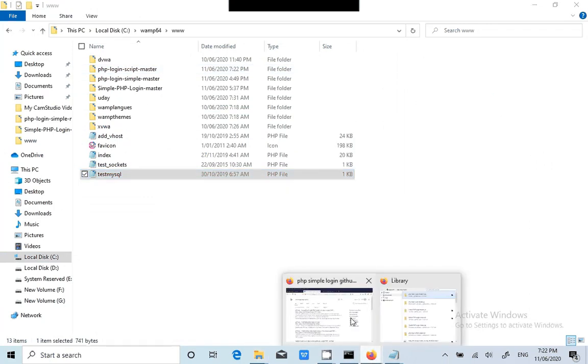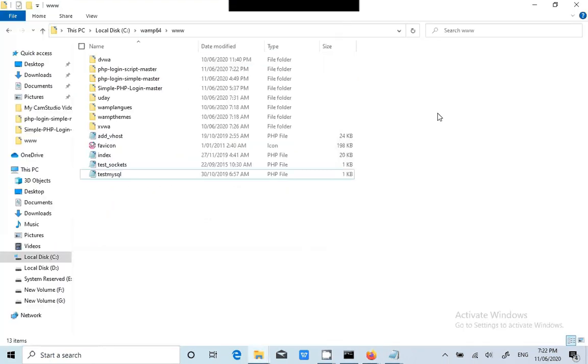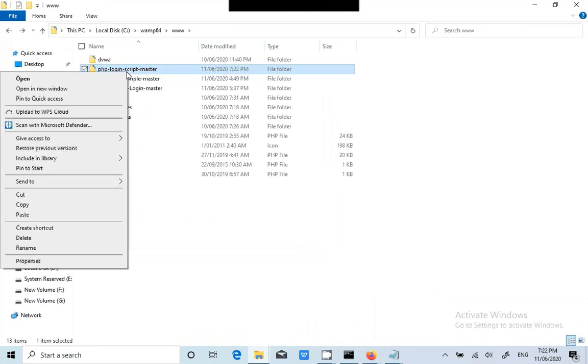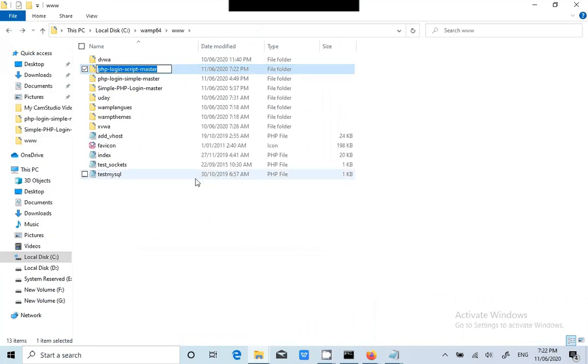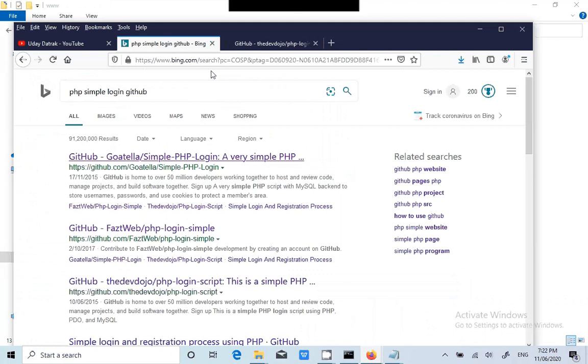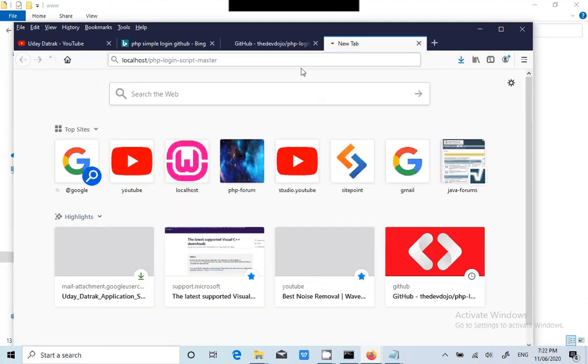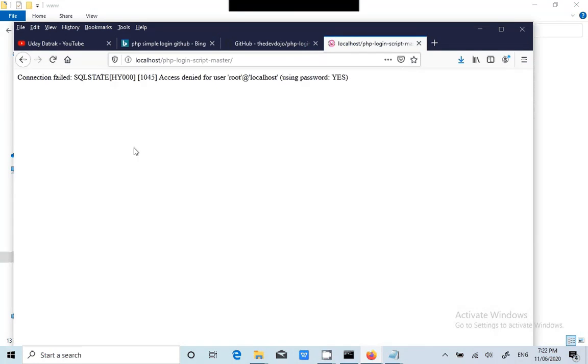What is this particular file? The script master. Okay, copy this, and try to browse this particular web application and see whether I can access it or not. It will list the contents.